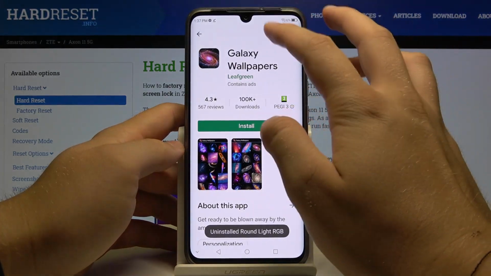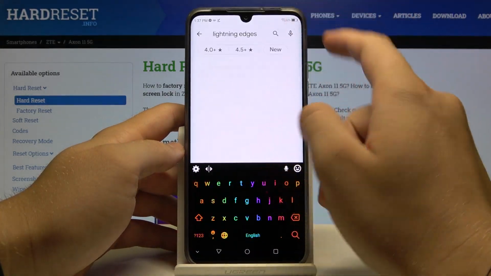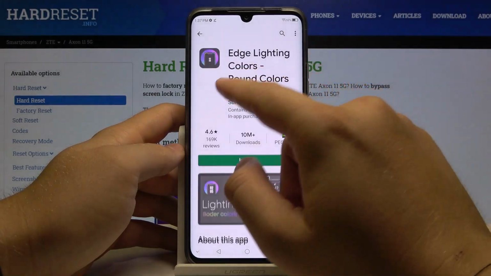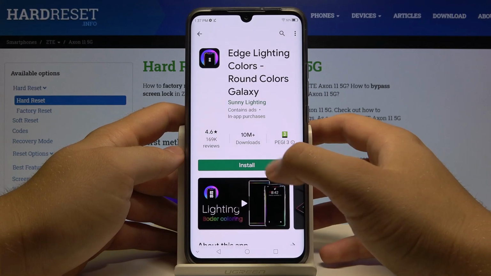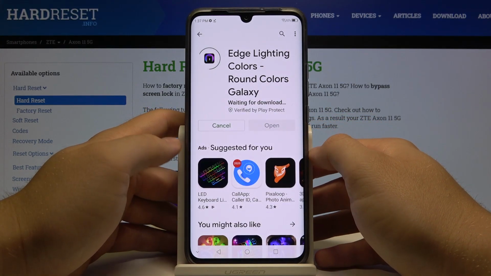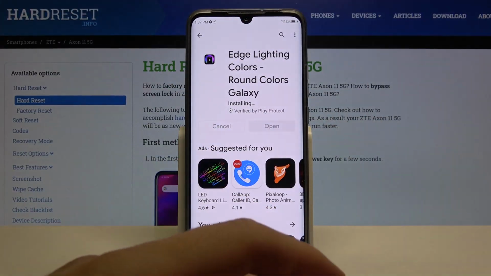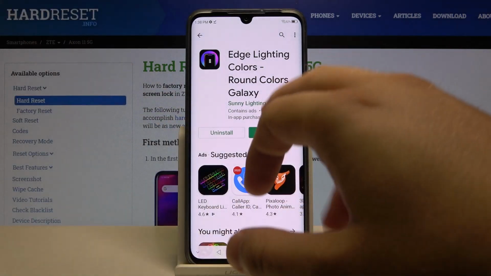So we have to move to the Play Store, and in the search bar you have to type lightning edges. You have to get this application from Sun and Lightning Studio. There's the name of the application. So right now just install and wait until it finishes downloading. Right now we can open,